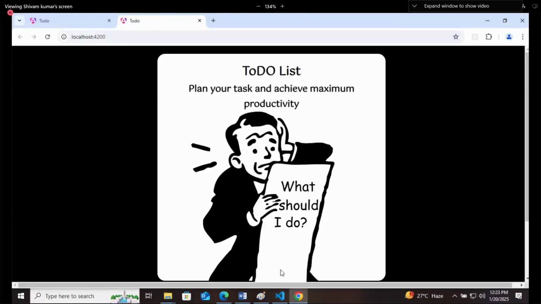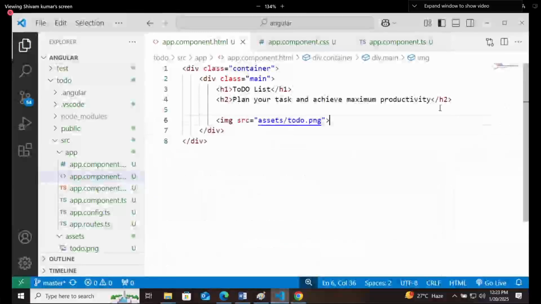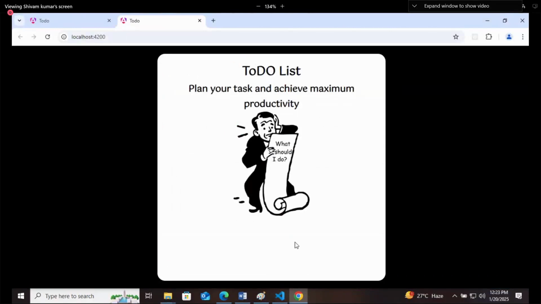Right? Picture is coming. And let's decrease the size of the picture. Width of around only 200, that's enough. Very small picture we will show. Right?